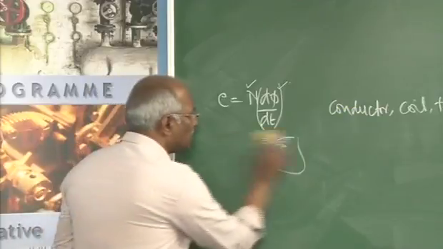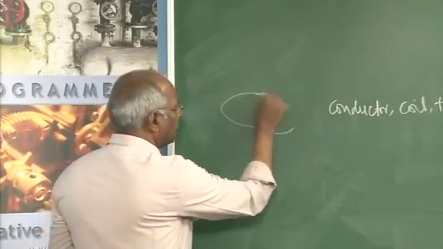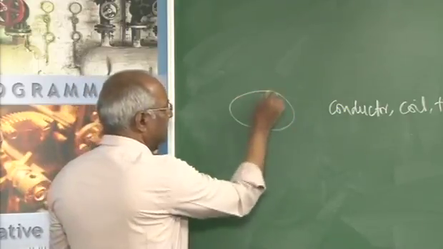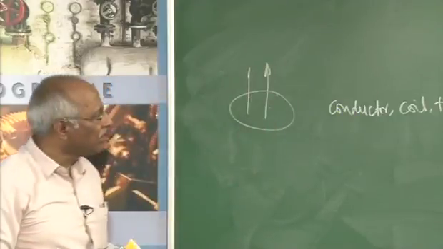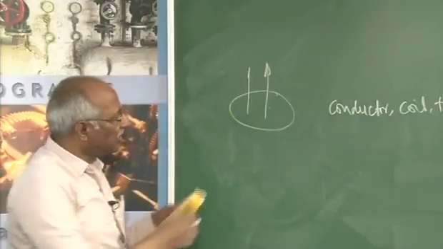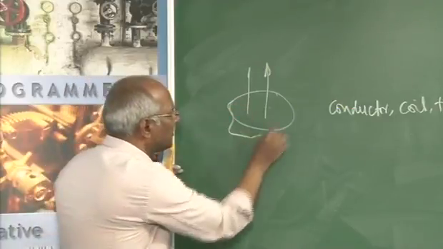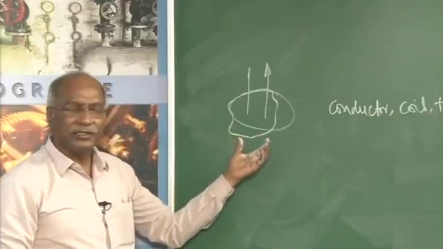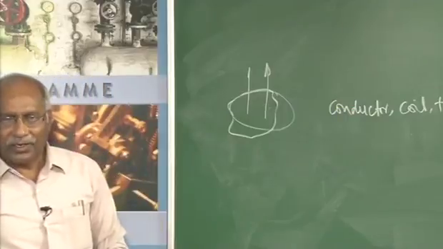If the coil changes its shape, for example, let us say I have a circle through which the flux is passing. If it changes its configuration, if it loses its shape, it may become something like this also. Again there will be an induced EMF because there is a change in flux linkage. So with these things in mind,